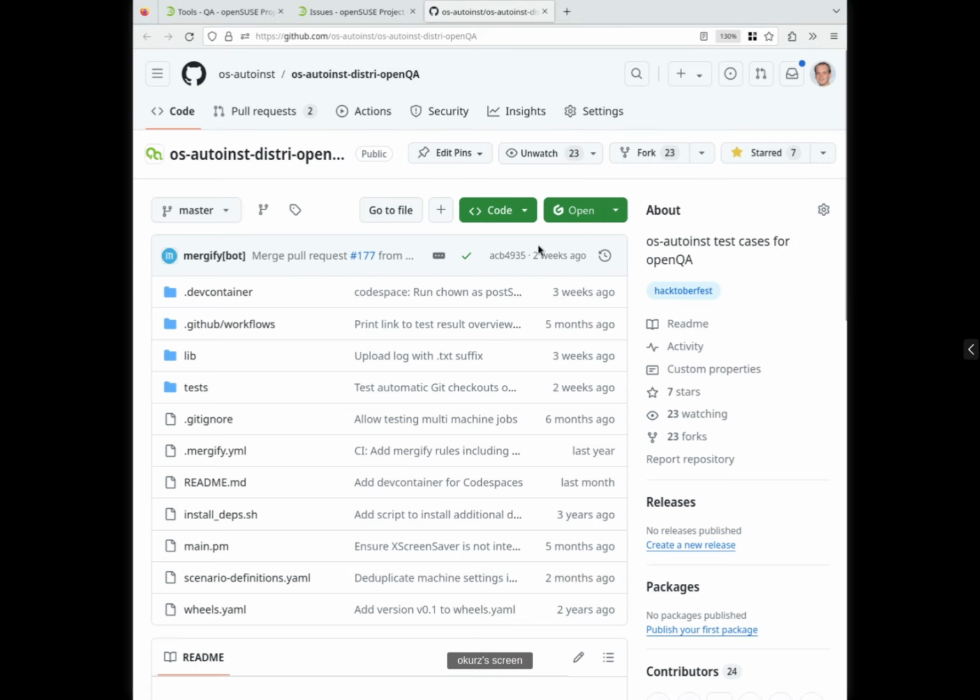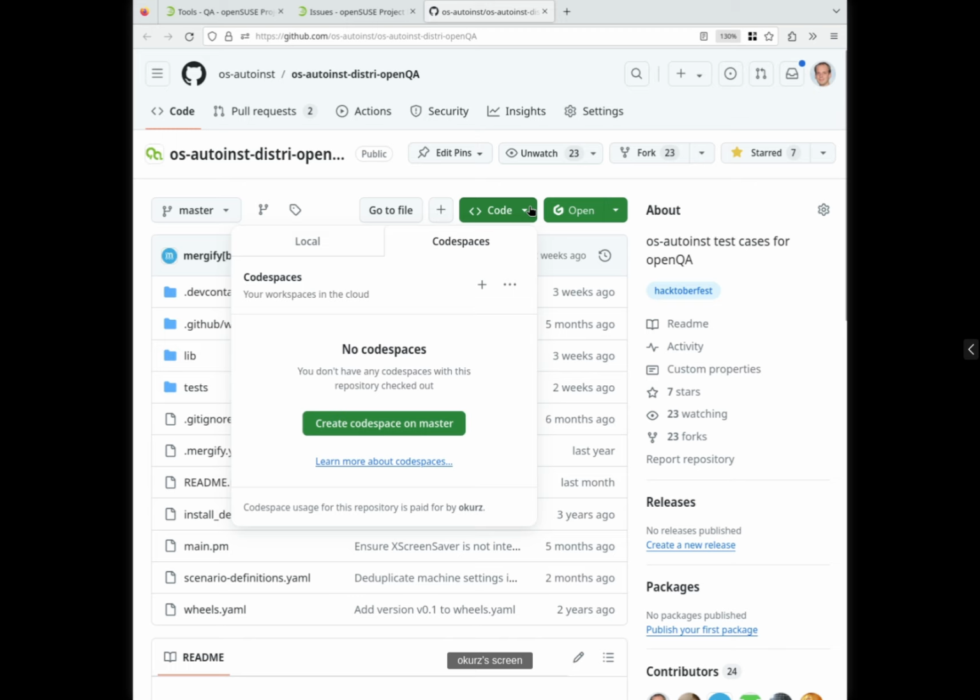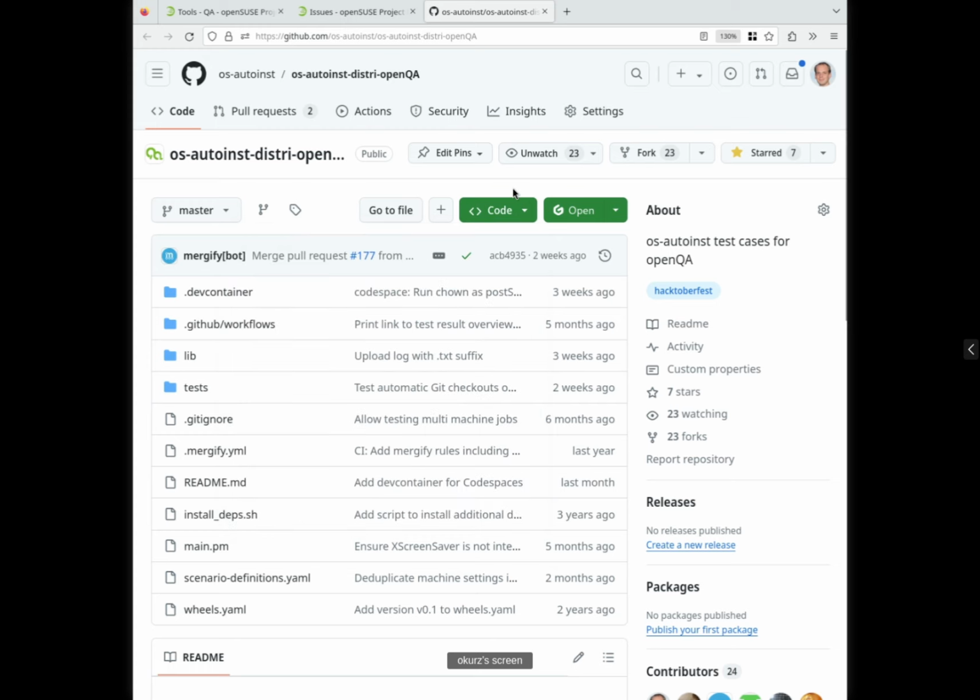And from GitHub, you can open a codespace, which is customized, and that codespace is setting up the necessary dependencies so that you can start with test development, triggering tests and such on production instances, as well as run your own openQA instance within that transient web development environment. And even if you like, make it available to others, like for example, to show them how a new feature would behave.